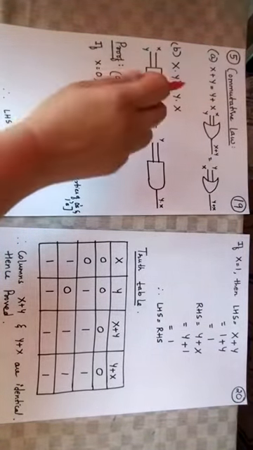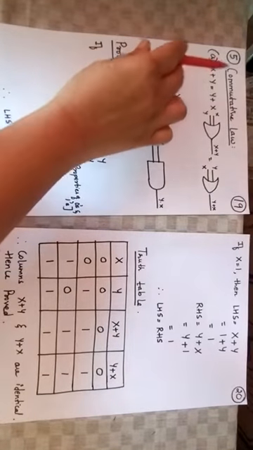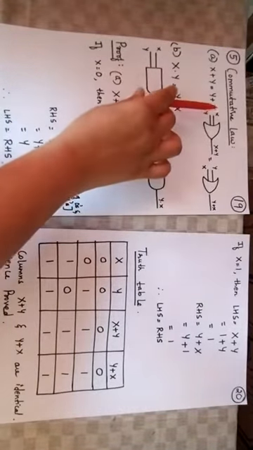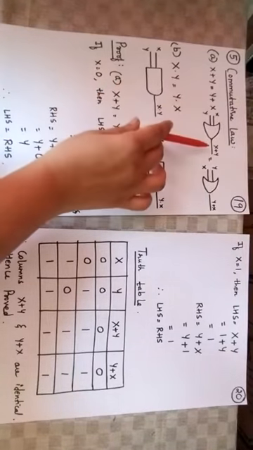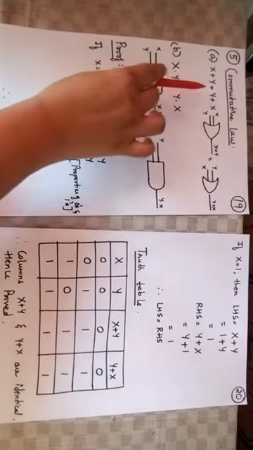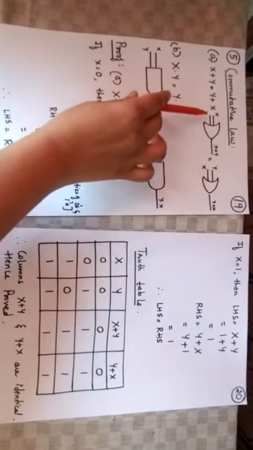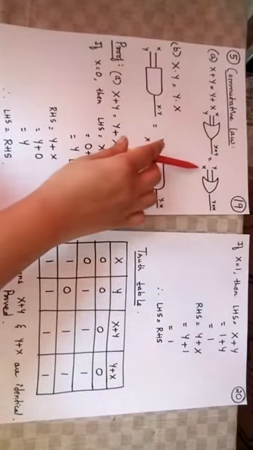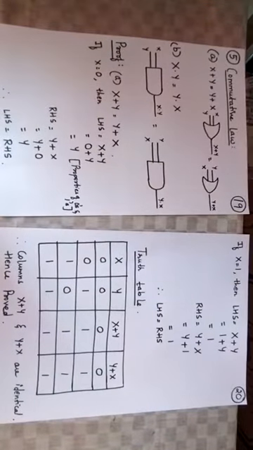Okay. In accordance with this, what is its logic diagram? Because we are using the OR operator, I am going for an OR gate. Coming to the left hand side, x and y are two inputs, so I am giving two inputs x and y, which results in x plus y. This is equal to the right hand side, which says y plus x also equals x plus y. This means I am taking an OR gate with inputs y and x, resulting in y plus x.